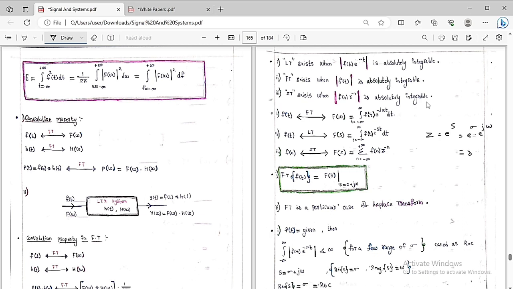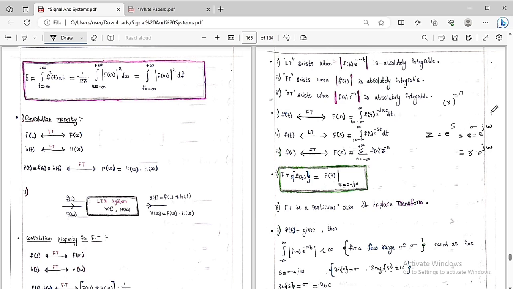e to the power of sigma is nothing but r into e to the power of j omega. So here in place of e to the power of sigma, I can write r to the power of minus whole t. In the discrete domain, replace t by n, so we are going to get minus n. Same thing, here t is replaced by n. Therefore, f of n into r to the power of minus n. So if you know this one, we can get this one with the help of this notation,